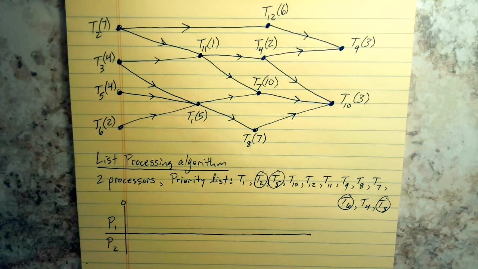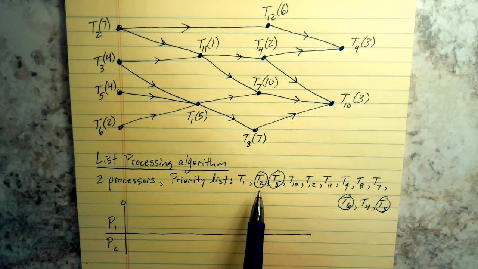And them being circled indicates that they're ready. They can be scheduled right now. So that's step 1 of the algorithm from the previous page. Step 2 is assign the first ready task to the first available processor. So I'm going to scan across the priority list from highest to lowest, and the first ready task I come to is task 2. So I will take